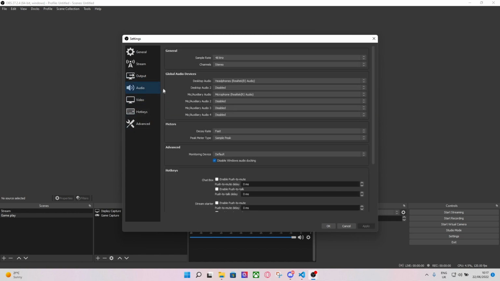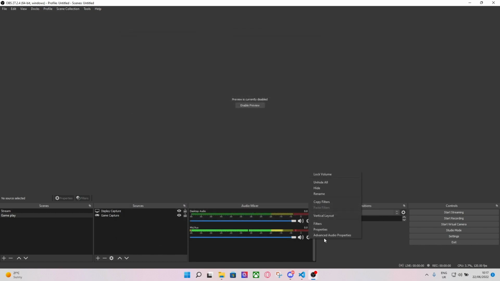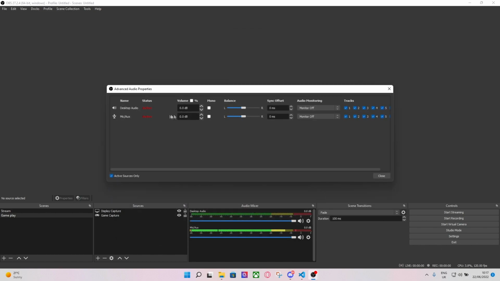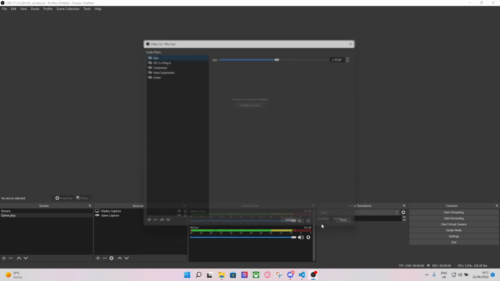So for the audio settings, guys, you don't have to change much over here. You just have to set the headphones you got and the microphone you got, and there isn't much you have to change over here. But if you go in advanced audio properties and you go to the mic, I suggest you press monitor and output so you can hear yourself, and then you go over here in the settings, filters,